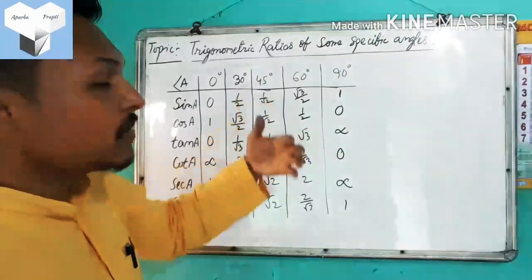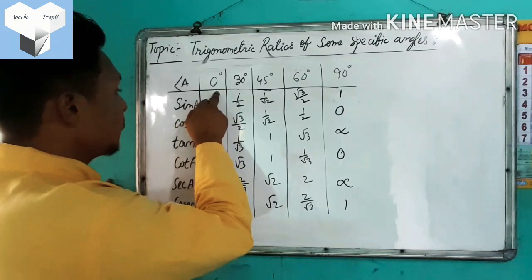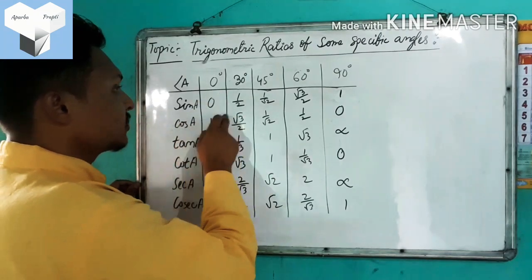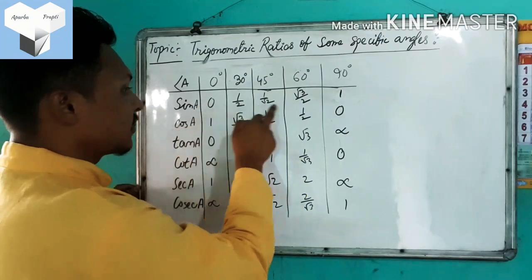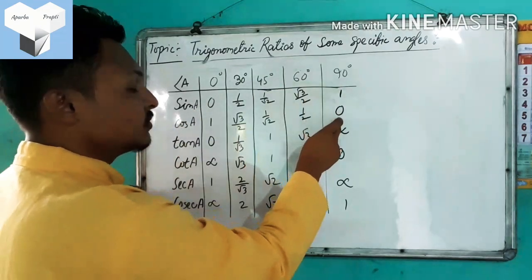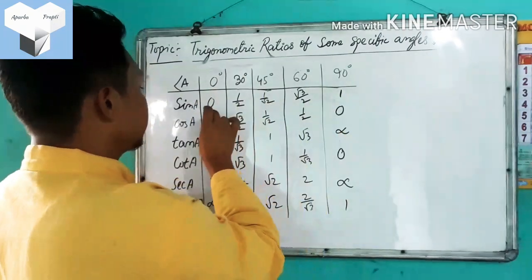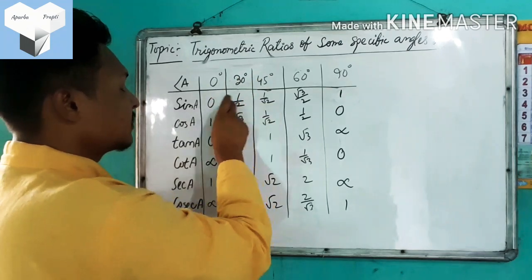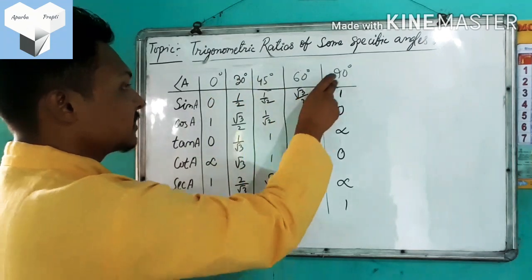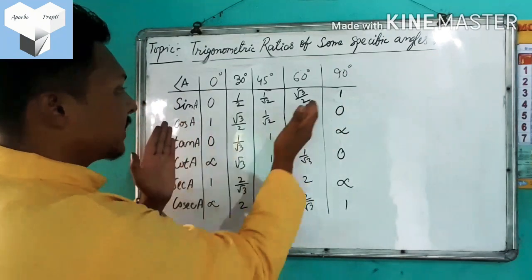So how will you memorize them? So simple here. See here, the sin 0 will be equal to cos 90. Isn't that? Sin 0 is 0 and cos 90 is also 0. That means first of all you just put the line for sin. That means value of sin 0, value of sin 30, value of sin 45, then sin 60 and then sin 90. Then come in reverse order or place them in reverse order.